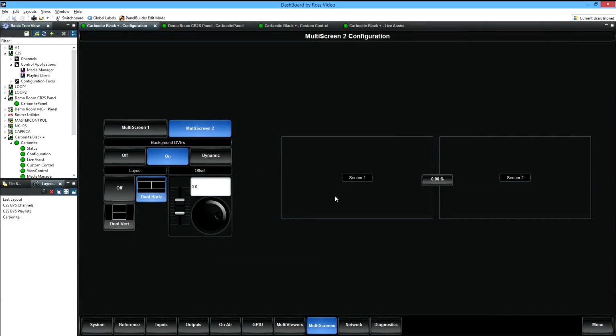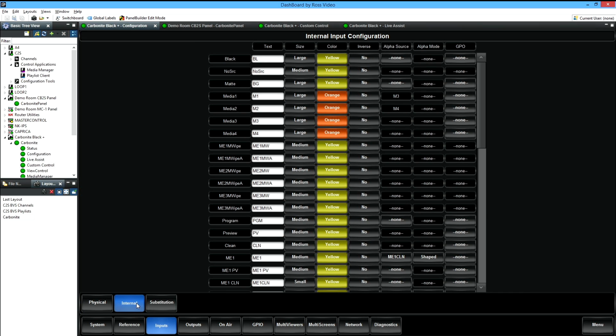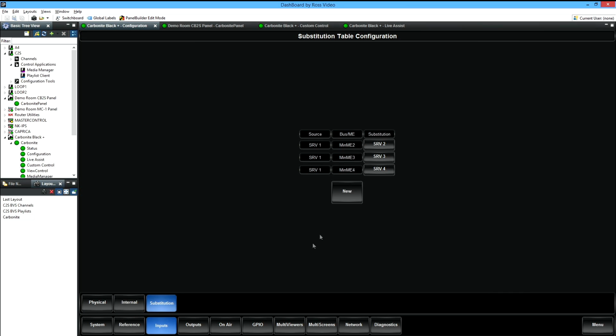Especially in an IMAG type environment or a dual screen on-set monitor, I may have sources that have multiple outputs. So I may have a server that has multiple channels, and I'll be playing back pixel accurate across all the screens. So here I built a clip that's going to have multiple channels, and what you'll see is that under substitution we've been able to tell it when this source is selected, I want you to tile it across all of these screens.